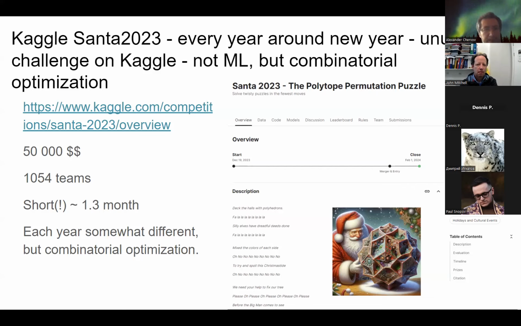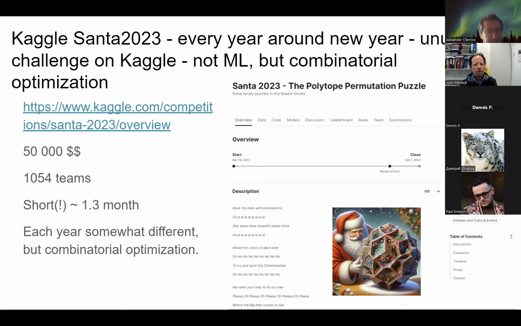Okay, so about this competition. This competition is a little bit unusual for Kaggle because it's not so much data science or machine learning, it's more like combinatorial optimization. Kaggle organizes this competition each year around the new year, and all of them are called Santa, and you can see Santa Claus here.